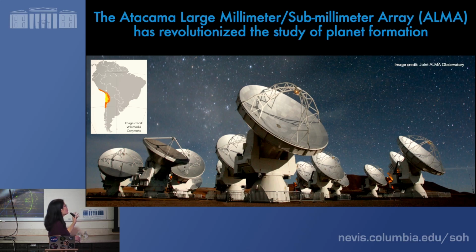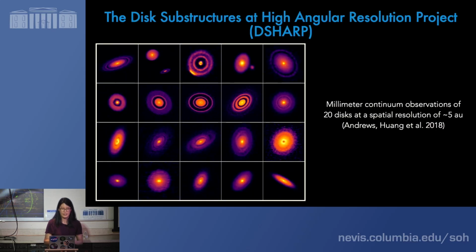So with ALMA, we were able to perform the first survey, which we call D-sharp for short. We looked at 20 bright disks, and unlike the blobs that we were seeing before, we can now see a remarkable amount of detail in these disks. And what we see is that no two